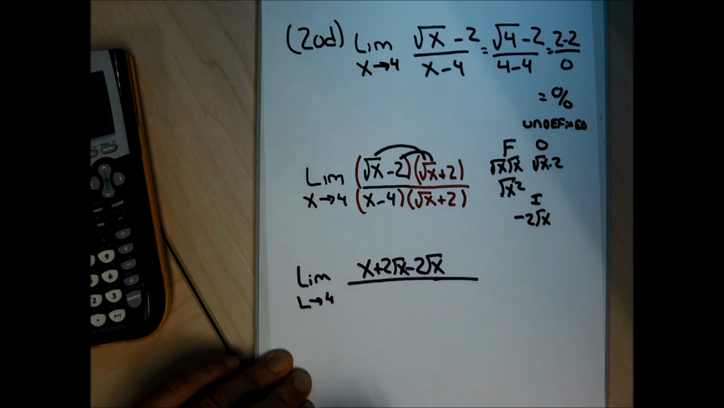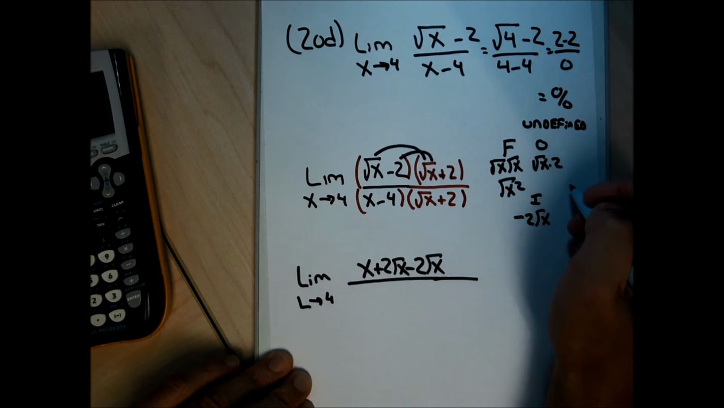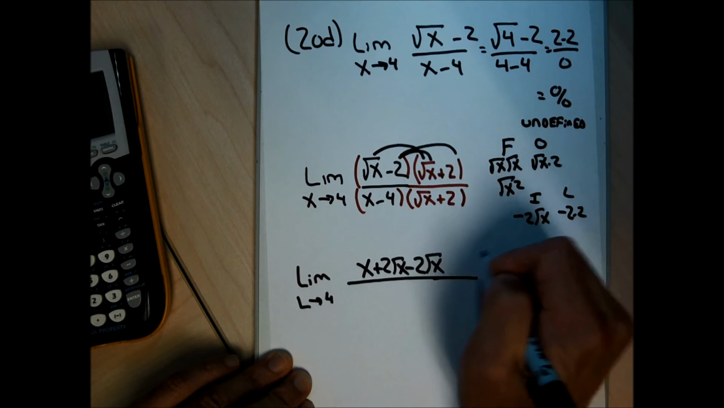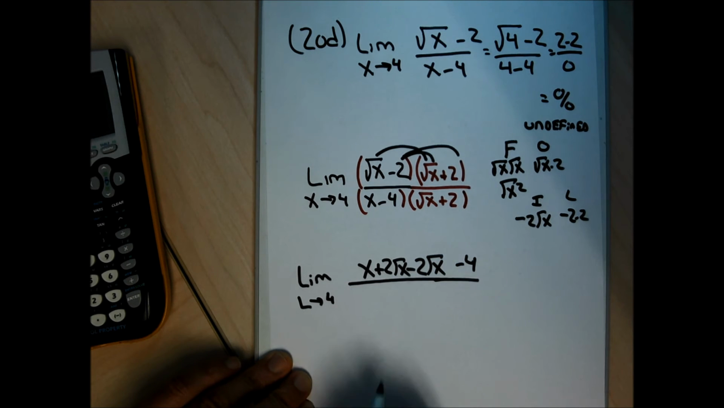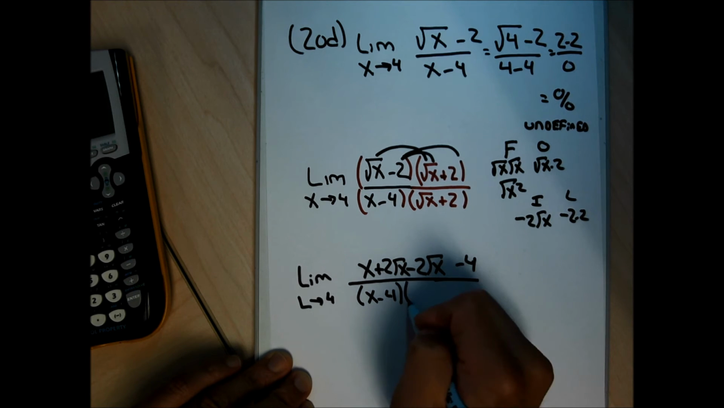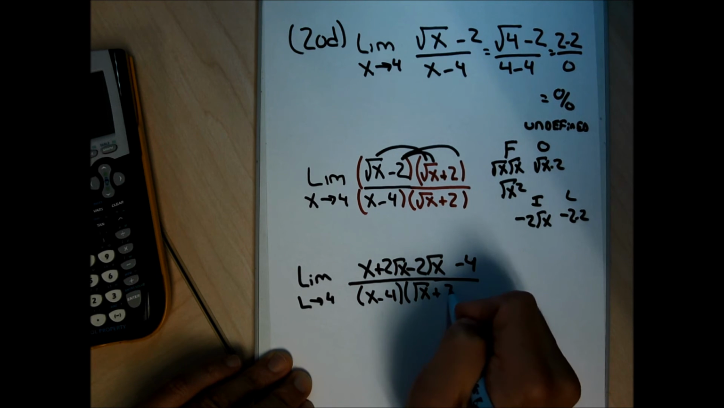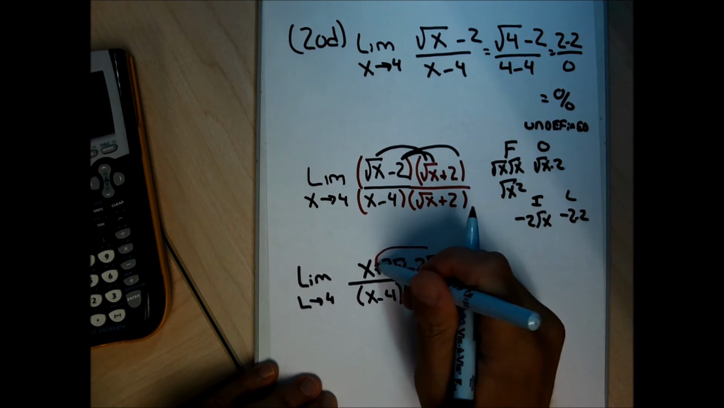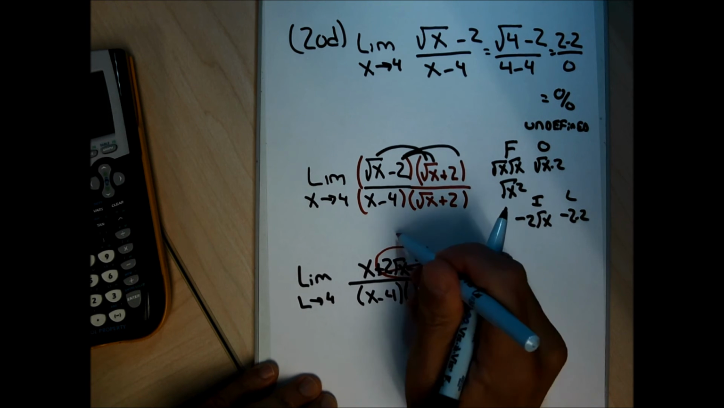Hopefully you knew I didn't have to do the outers and the inners, that they were going to cancel. And my lasts are minus 2 times 2, which is minus 4. When I'm using this trick of multiplying by the conjugate of the numerator to find the limit, I don't multiply out the denominator. So what's going to happen, these are going to cancel,